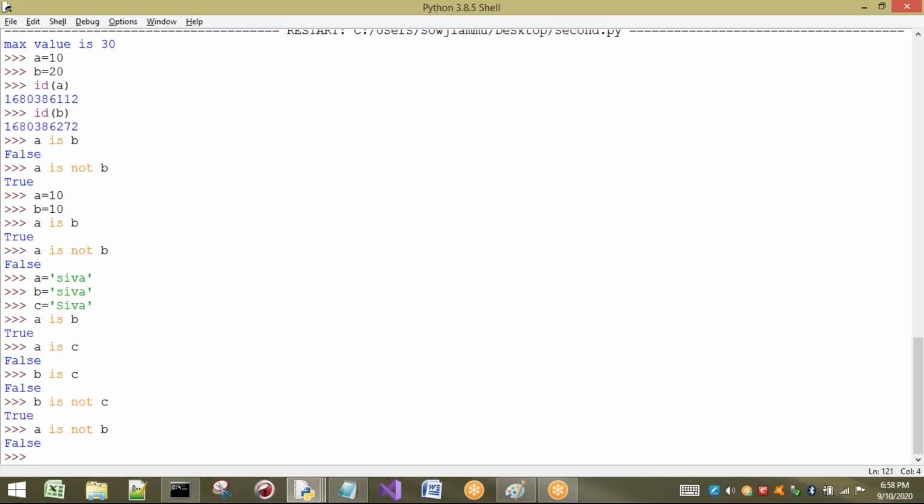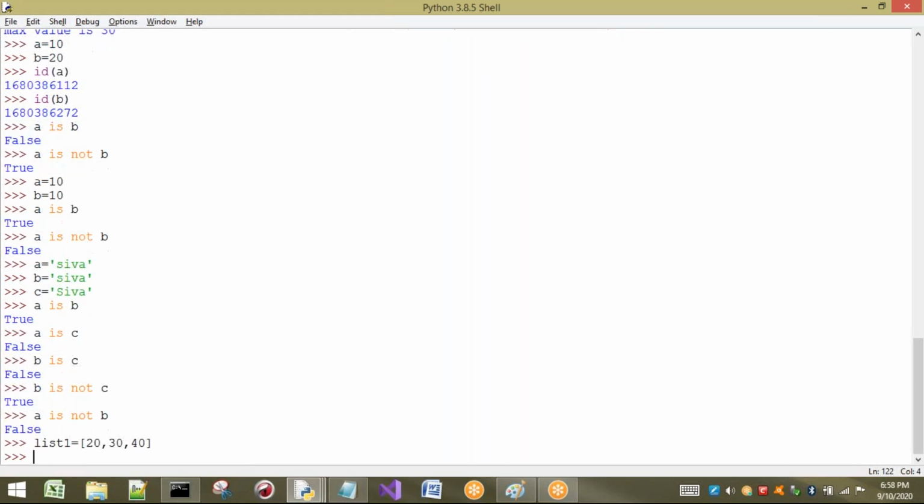Okay. Not only for strings and integers, it will work for all other data types also. For example, I'm going to take a list, 20, 30. This one you have to observe clearly. Then 30, 40 I'm going to take for list 2, which is very important. Here you have to understand this concept. I have not yet explained the concept of lists, whether they can be reusable or not. That means it cannot be reusable. Now you can observe both are the same.